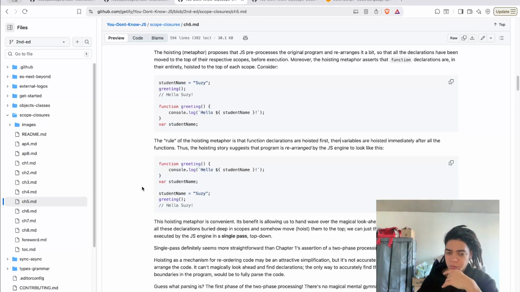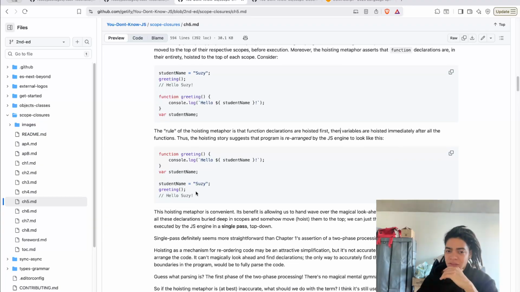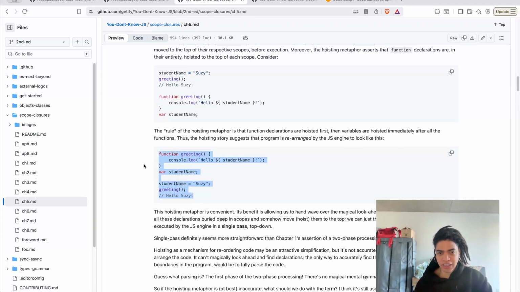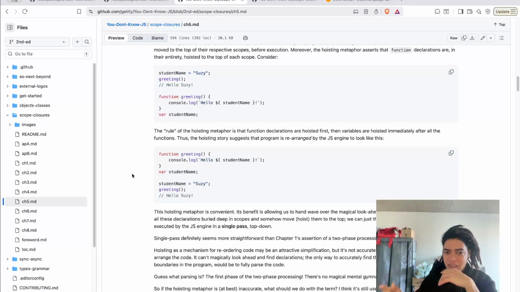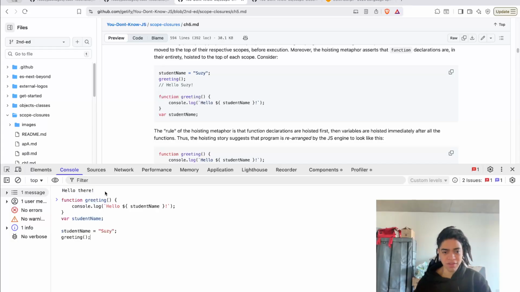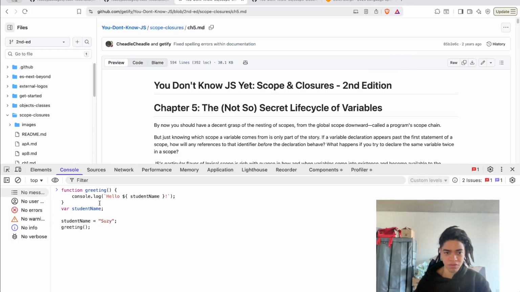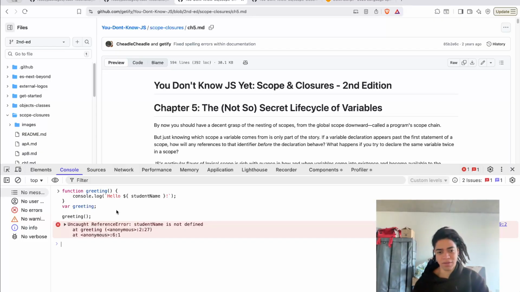If this is true, and function declarations are hoisted first and variable declarations later, and both have the same name and you somehow want to call them, for example something like this, because we're talking about the redeclaration of this, say greeting, in this case the value should be undefined. So it's supposed to throw me, okay.